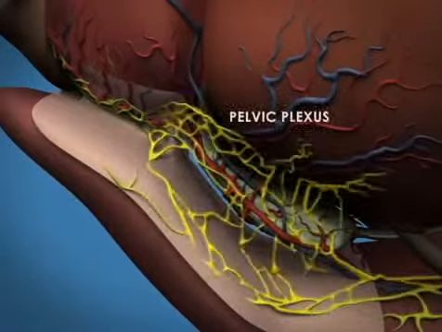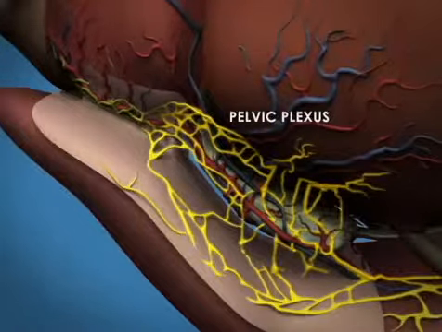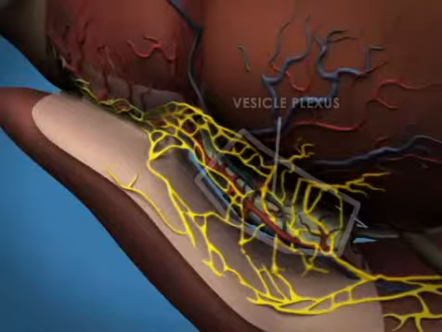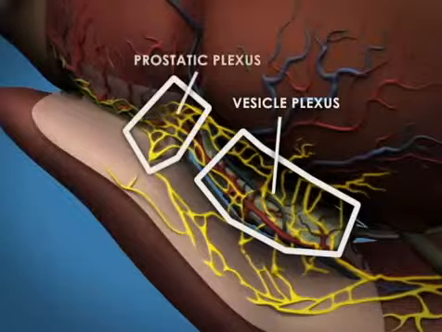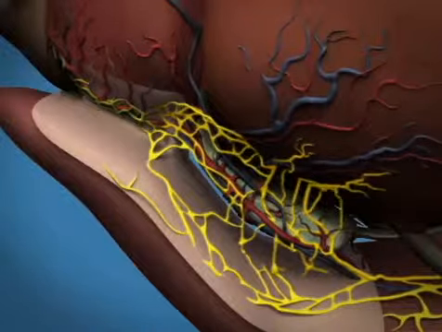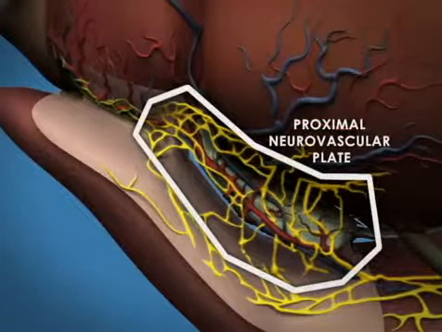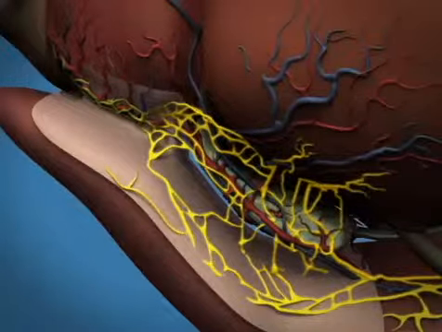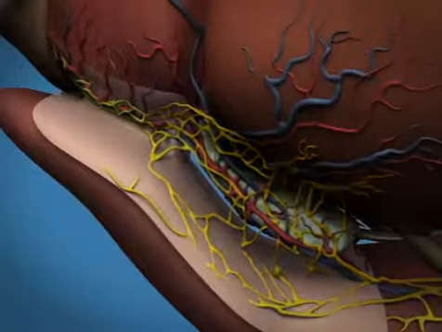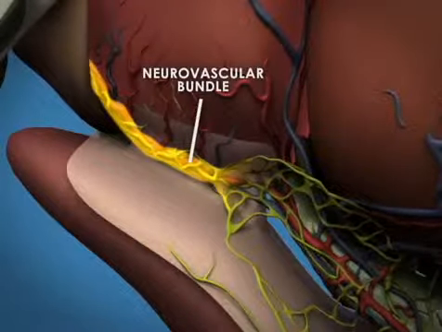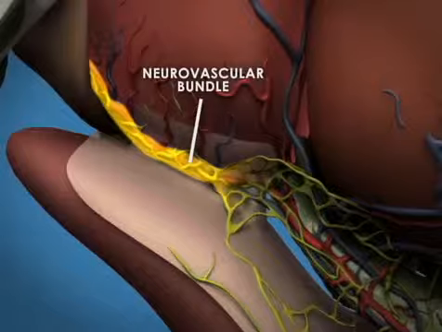The pelvic plexus is found on the anterolateral aspect of the rectum. The important erectile components of this plexus include the vesical plexus and the prostatic plexus, and interconnecting nerve fibers. These ganglions and neuronal connections form a proximal neurovascular plate, which can be injured during dissection of the seminal vesicles. The neurovascular plate coalesces to form the neurovascular bundle, the complex of nerves and blood vessels on the posterolateral aspect